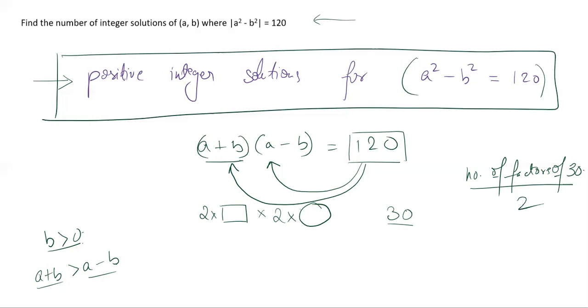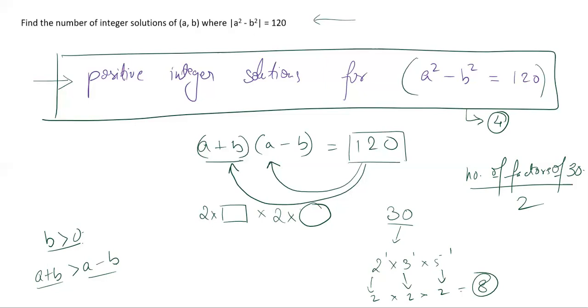Now, before we get into the expansion, or scaling up of that into the actual answer, let me first quickly calculate this. I hope you know how to figure out the number of factors. So 30 is 2 to the power 1 into 3 to the power 1 into 5 to the power 1. So any factor of 30 can have either 2 to the power 0 or 2 to the power 1 in it. So two options for this, two options for this, two options for this. You multiply the options, you get 8 factors of 30. So because 30 has 8 factors, the number of positive integer solutions for this a square minus b square equal to 120 will be half of 8. So that is 4.